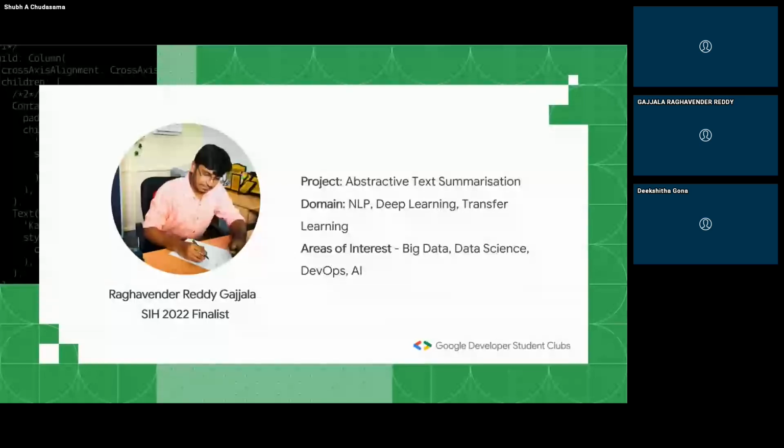So choose a problem statement in that way, and also check the number of applications. And if there is an option of wildcard entry, please make use of that. While making a wildcard entry, also check the number of applications. They are asking you because the number of applications is low, so make use of that. If the number of applications is high, they won't ask for wildcard entry. If the number is low, they'll ask for wildcard entry. So make use of that.